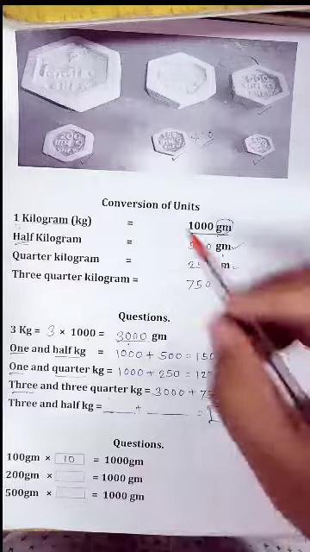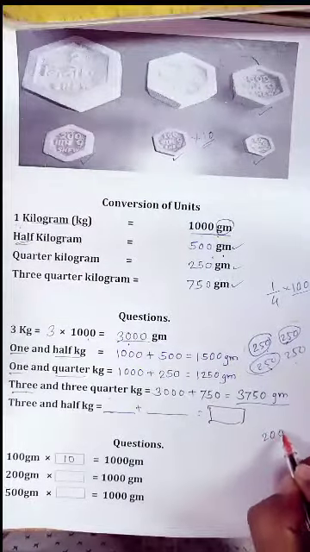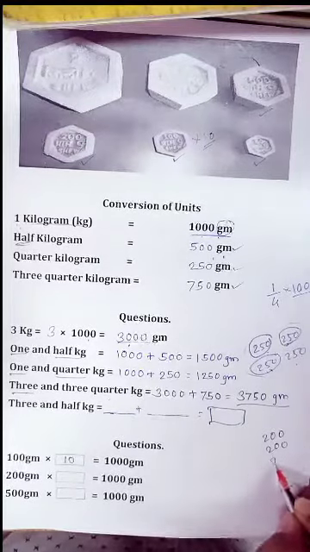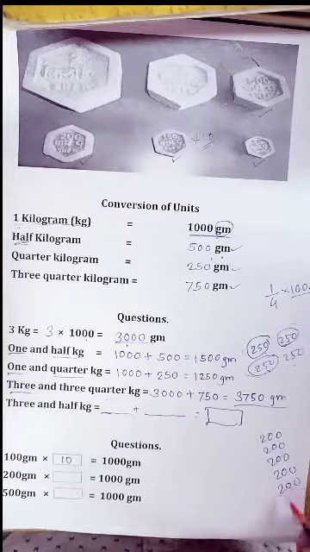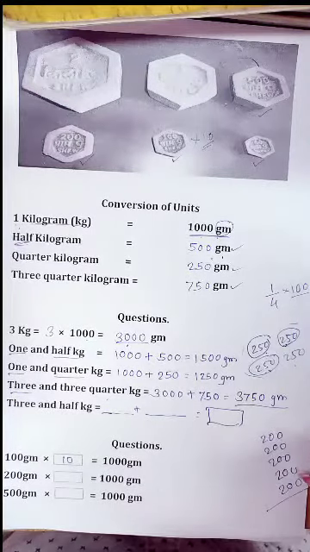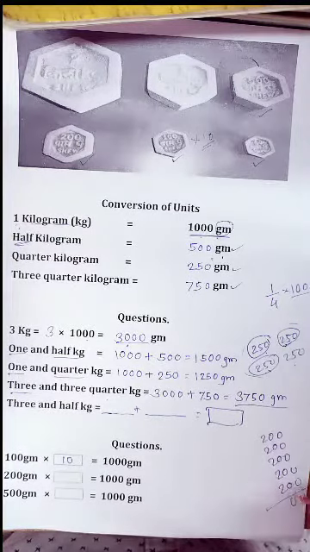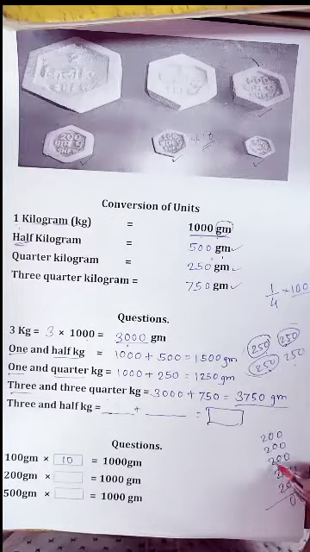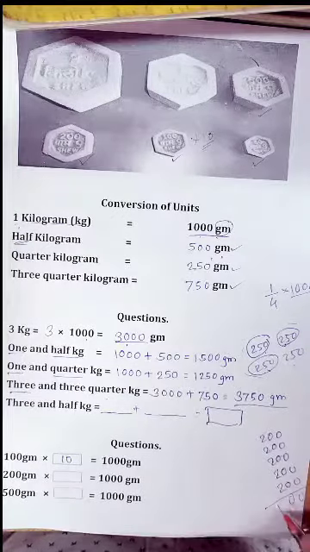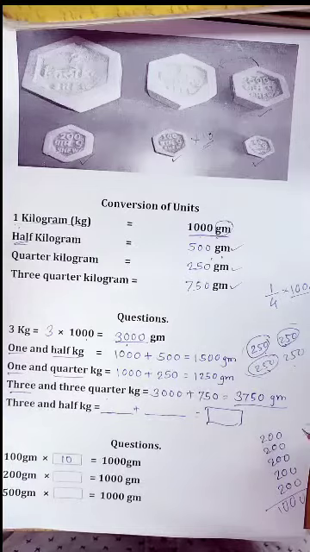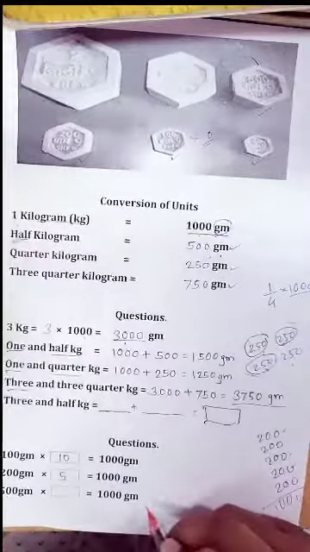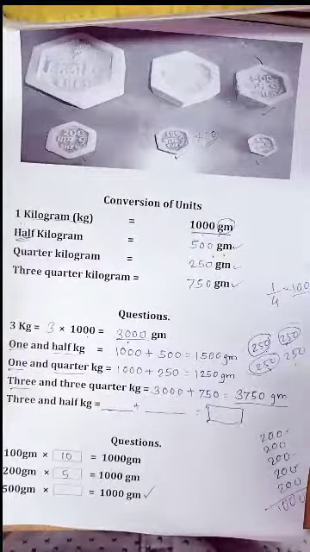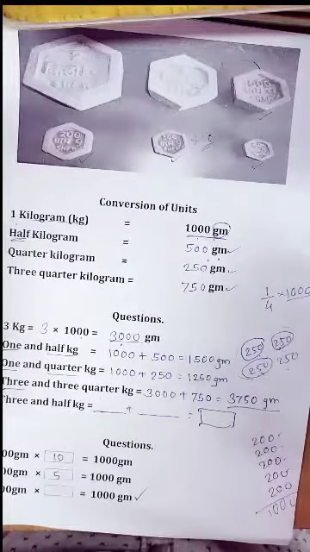Now 200 gram. 200 grams के कितने weights लगेंगे? 200, 200, 200, 200 and 200. Let's count. 2 1s are 2, 2 2s are 4, 2 3s are 6, 2 4s are 8, 2 5s are 10, with the zeros equal to 1000. Means how many weights you have to take? 1, 2, 3, 4, 5. Simple. And now this question you have to solve. It's a simple one and already we have discussed it in the starting of this video.